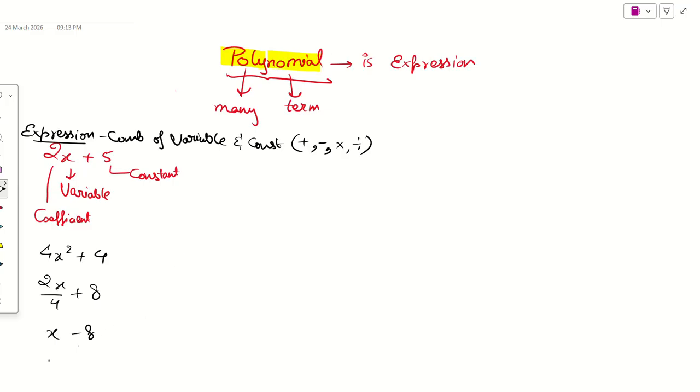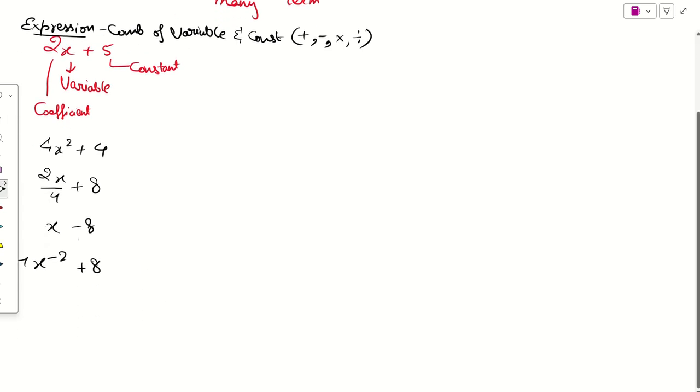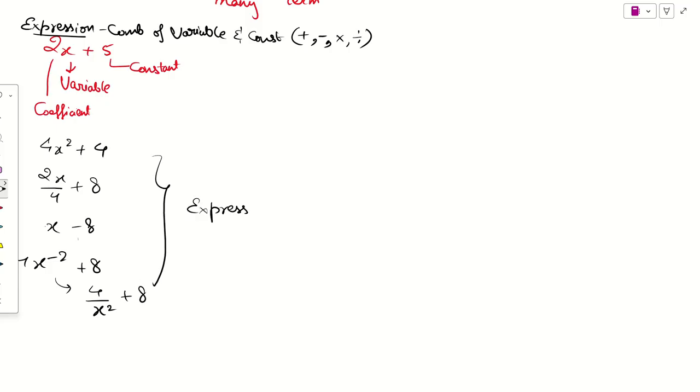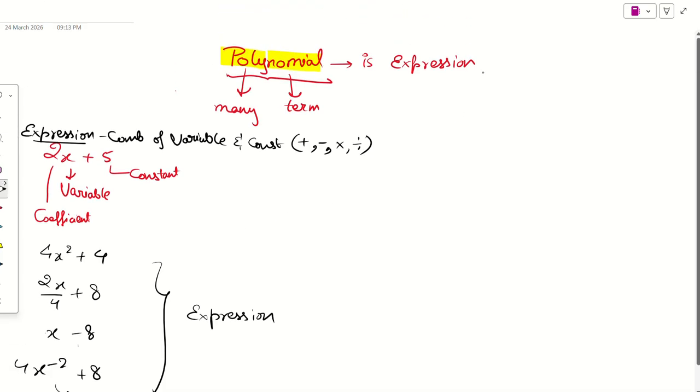And can we have 4x minus 2 plus 8? How can you write x power minus 2? You can write it as x power 2 here. So, these are all expressions, right? But they are not all polynomials. Why? There is one condition. Polynomials are expressions, but